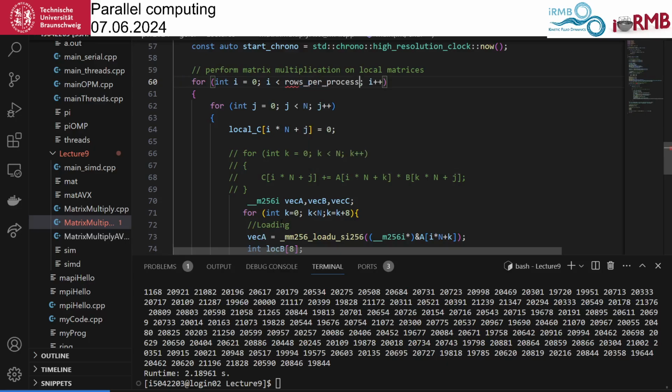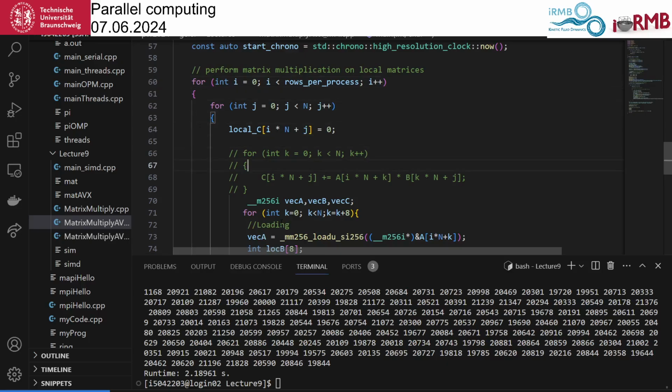per process. And the important thing here is that we are doing two matrices. It does not matter where the matrix is. Our new A matrix is actually smaller, and also the new C matrix, the local C matrix, will be smaller. So we are looping not over the A matrix, but over the local A matrix, and therefore it is just smaller. So we still start at 0, right?